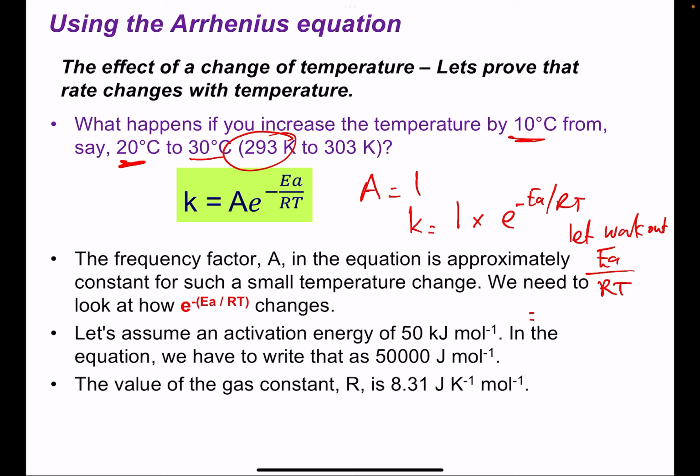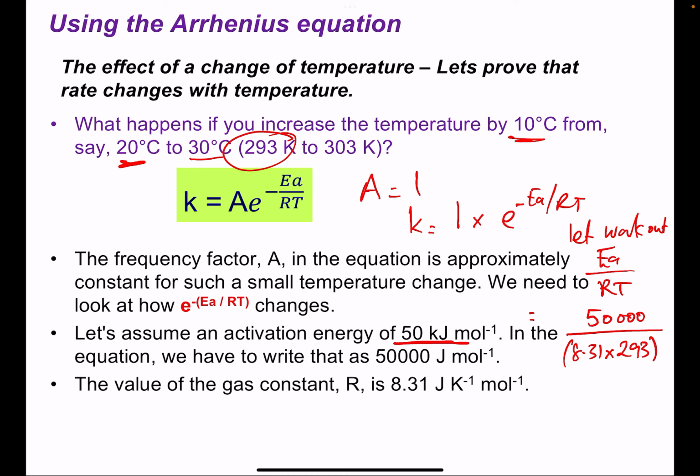Activation energy is given as 50 kilojoules, so that becomes 50,000. Divide that by 8.31 times